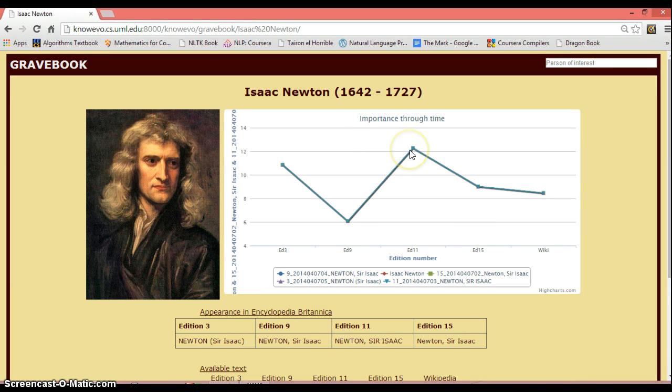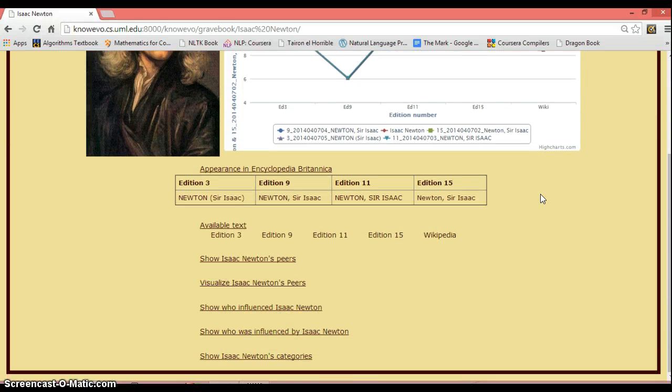Here, we can see that Newton's reputation was at its peak in the 11th edition, which was published in the very beginning of the 20th century, when the edifice of classical physics seemed unassailable. As we look at the current edition of Britannica, most of which was written in the late 1980s, as well as today's Wikipedia, we see that his reputation, relative to other subjects covered in the encyclopedia, has seemed to decline. Now let's move to Newton's lifetime.